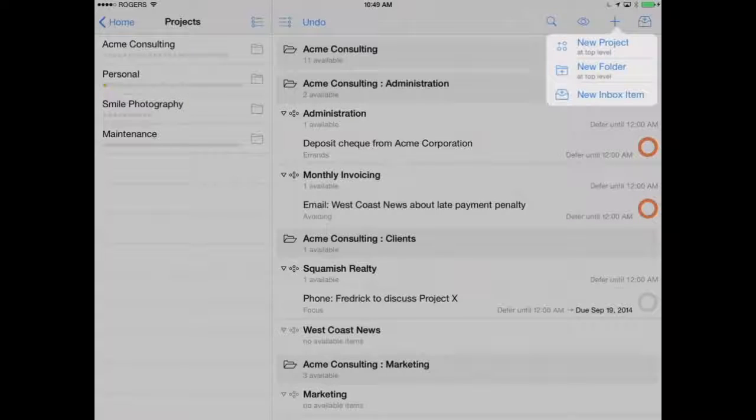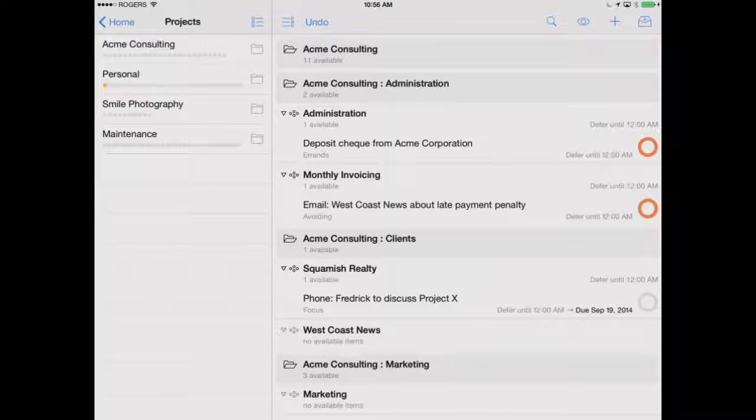Since I don't have a specific project or folder selected in the sidebar, I'm given the option to add a new project or folder at the top level or to create a new inbox item. If I were to select a specific project, for example, I'll go into the personal folder,